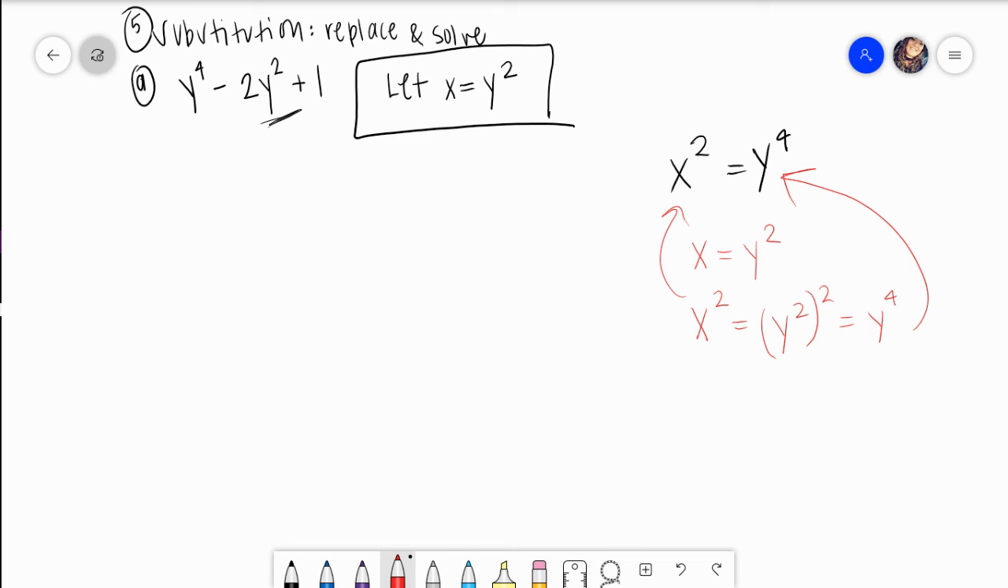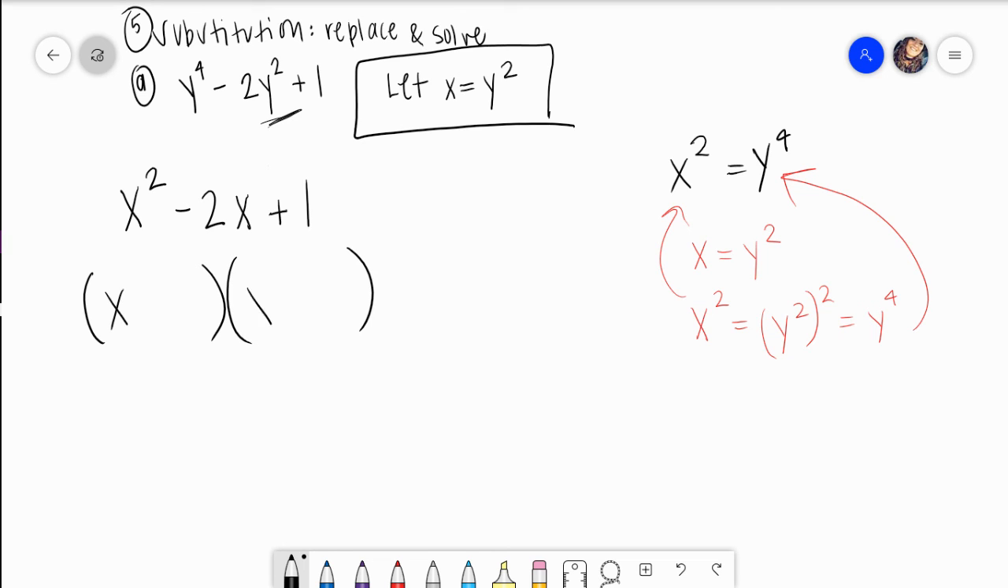Okay, so I'm literally going to now substitute x squared, and then I have a negative 2y squared. Well, in my box, I said let x equal y squared, and then positive 1. Okay, I know how to work with this, right? That's a trinomial, and I can do the AC method. And what you would end up getting